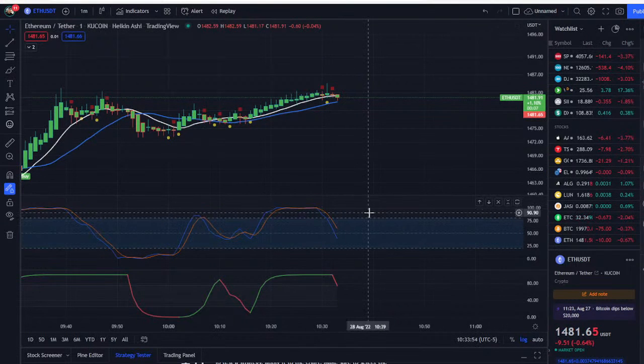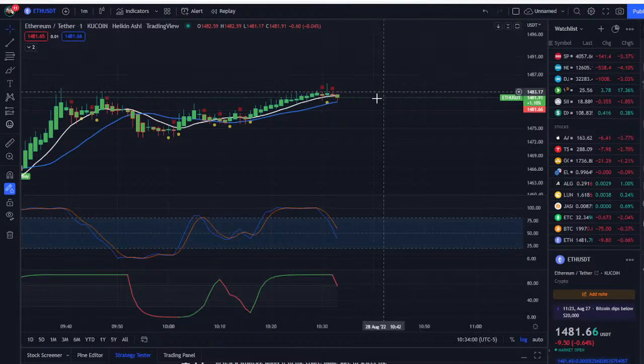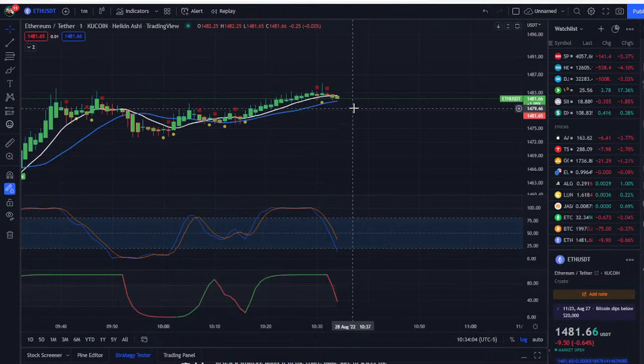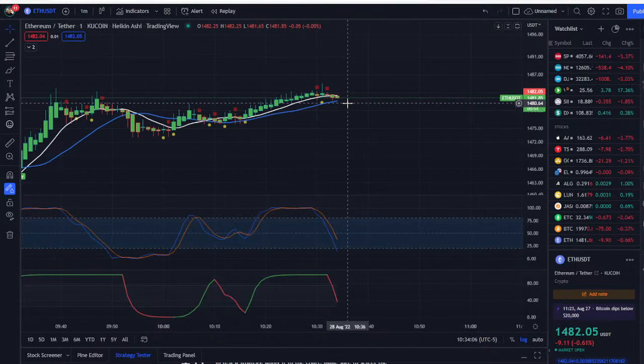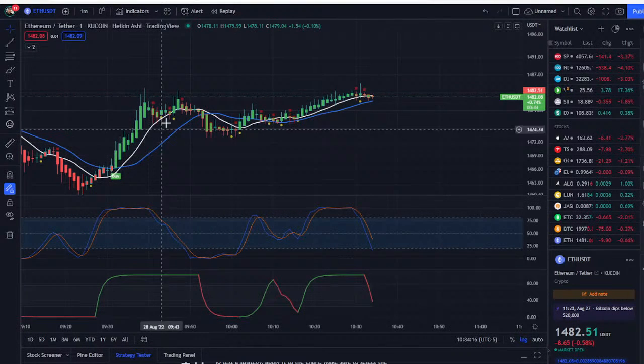What you have to remember is you don't have to rush to get in. You can set yourself a little bit higher in case it bounces on you. That's why I have the 1484. And now I'm waiting for this adjustment here off the moving average. It looks like it is going to test here at the 1480.106. I don't know if we can get a wick lower than that, but currently